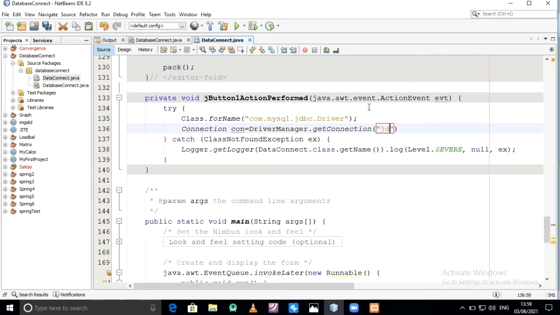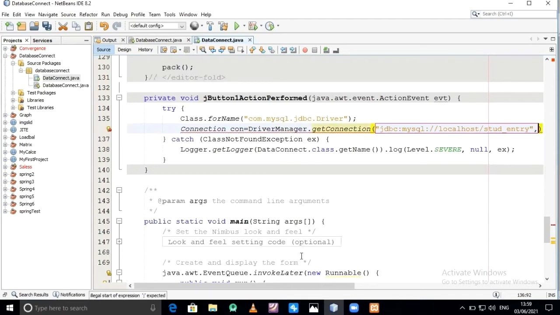So here jdbc:mysql://localhost, and our database name is stud_entry.